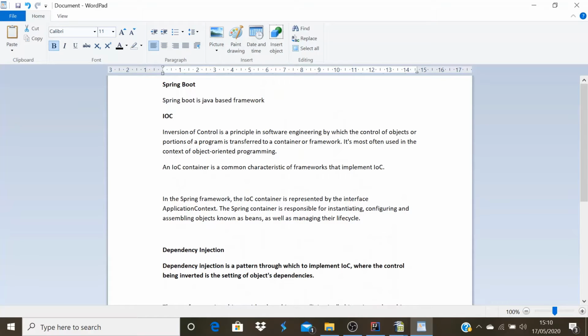Let me show you the points here about IOC, the characteristics of the IOC framework. In the Spring framework, the IOC container is represented by the interface ApplicationContext. The Spring container is responsible for instantiating, configuring, and assembling objects known as beans, as well as managing their life cycle.